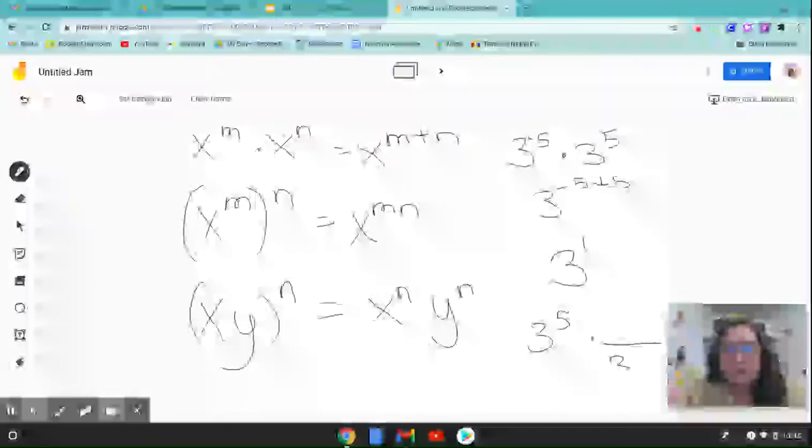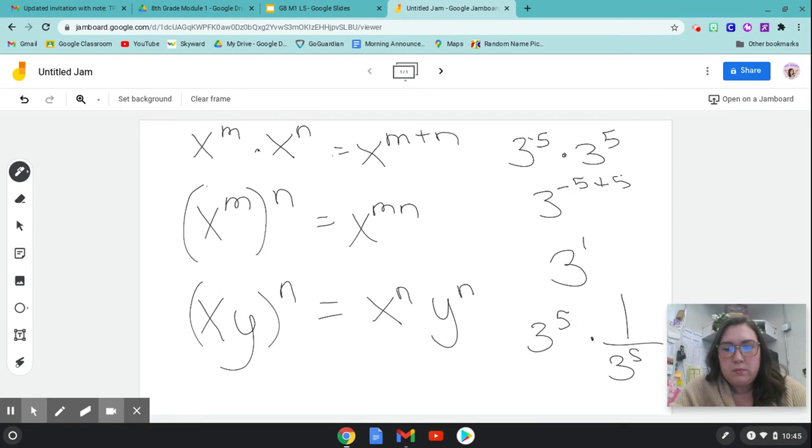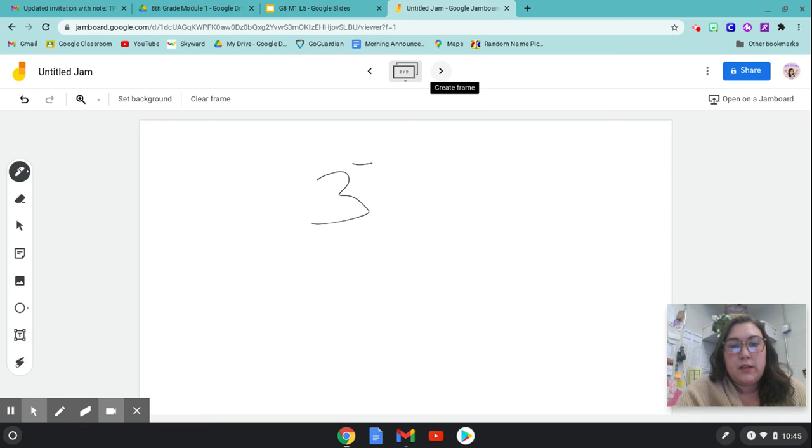Well, isn't that going to be a fraction where 3 to the fifth is at the bottom? Okay. So our rule here, you guys, is that if we have a negative exponent, so 3 to the negative fifth, we simplify that and write it as 1 over